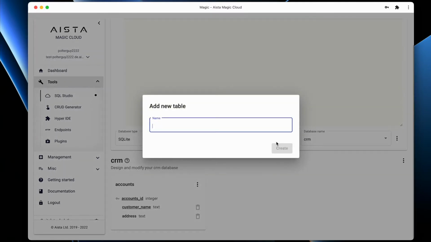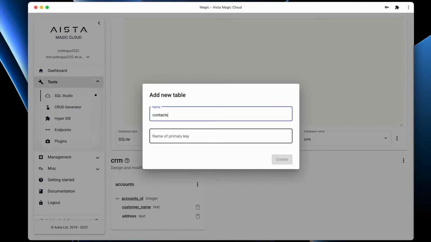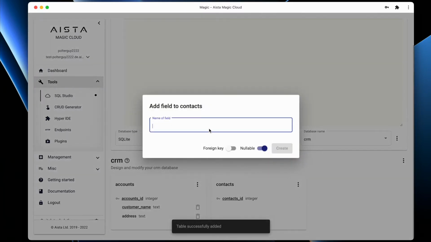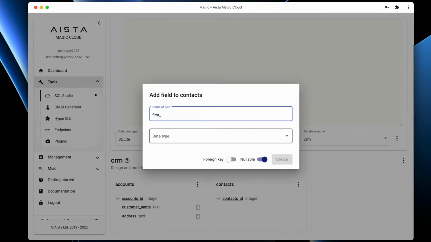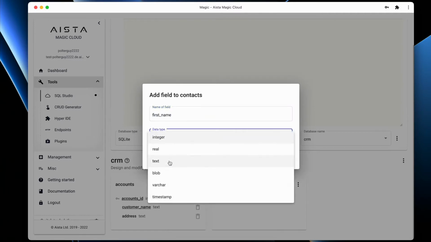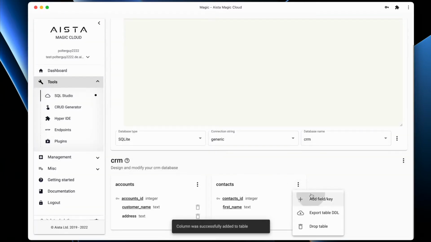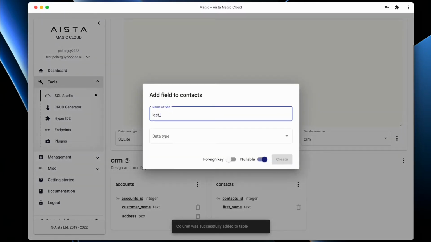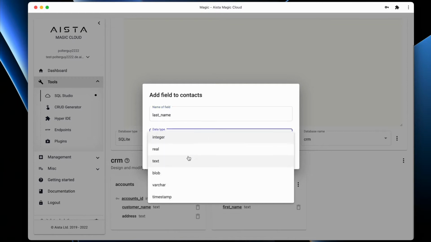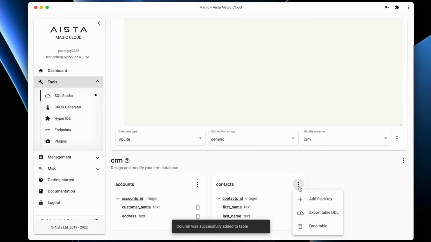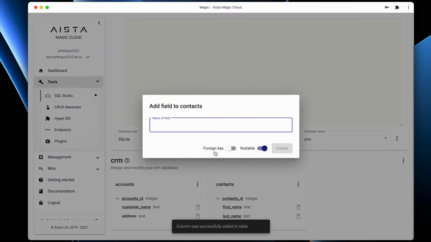Let's create another table and call it contacts, primary key, auto increment int, but I could have chosen another one if I wanted to. So let's call the next field first name, data type text, not nullable, create. Let's create another field called last name, data type text, not nullable, create, and then let's create a field that